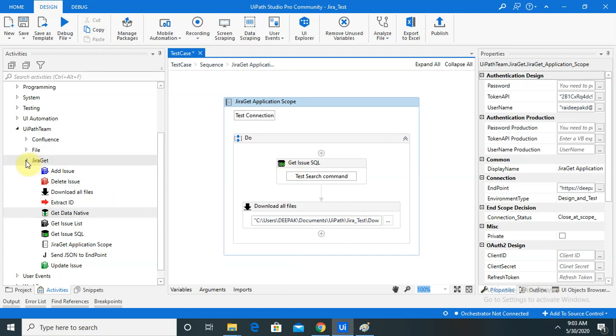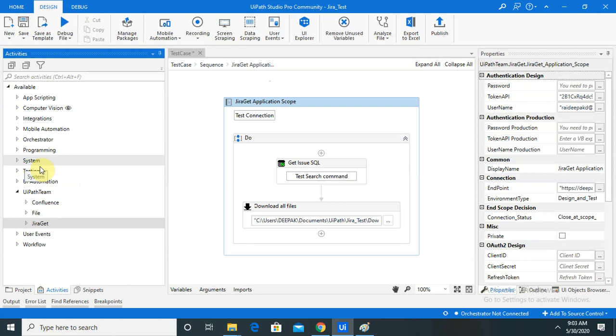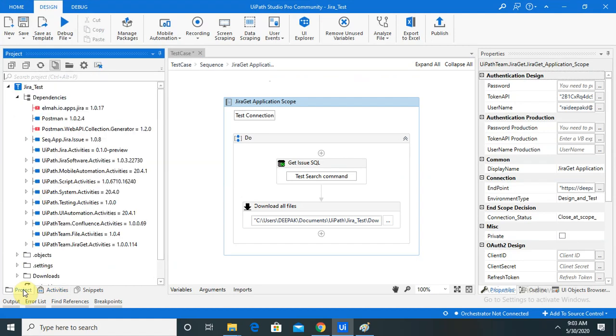Here we need the Jira login and the dependent activities. For downloading dependent activities, go to the project, and from Manage Dependencies download the Jira activities, that is UiPath.Team.Jira activities.